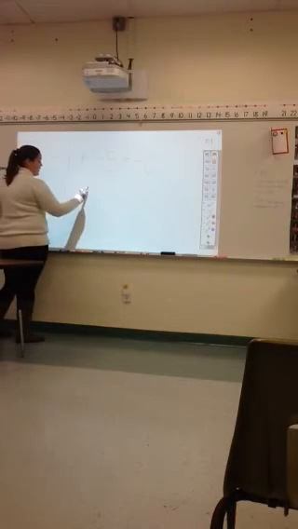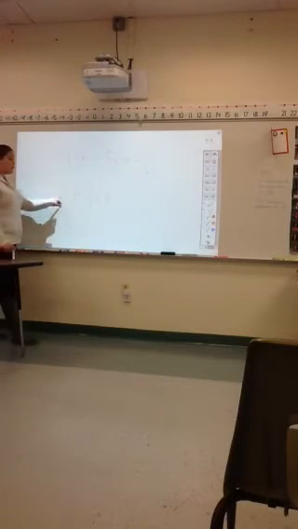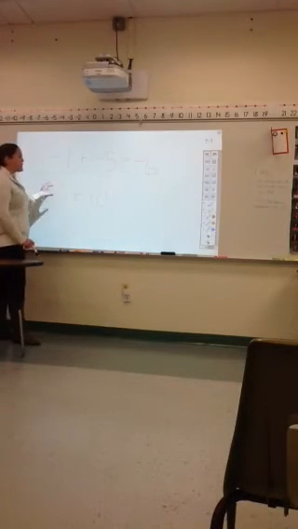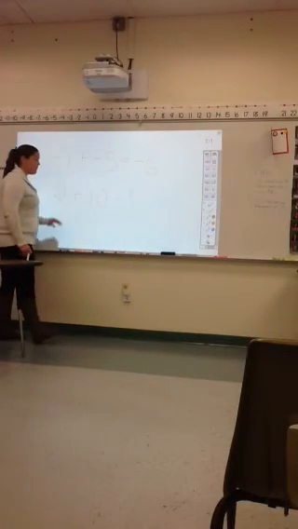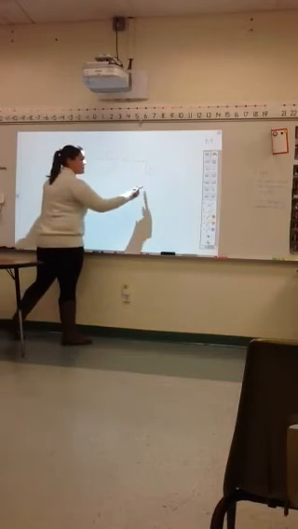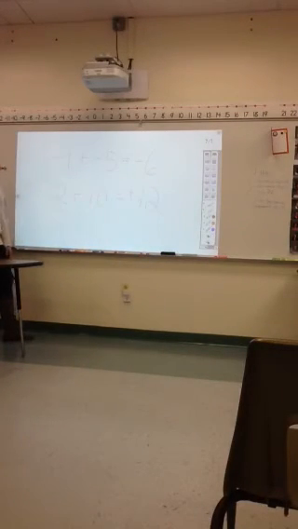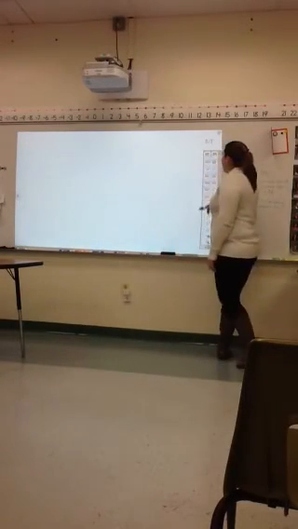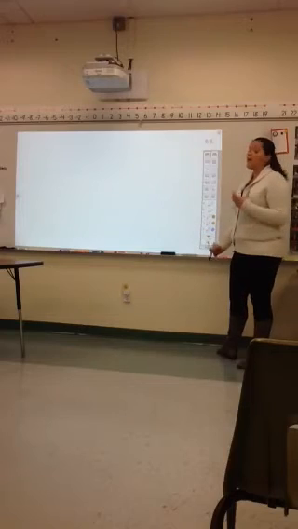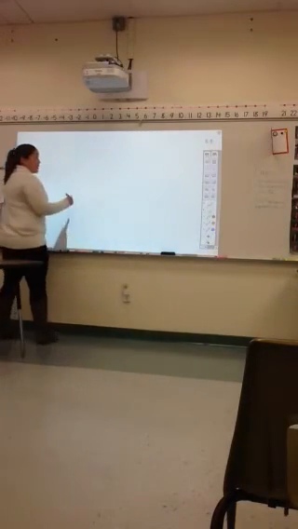Same here with my positive numbers. 2 plus 10. Since both numbers are positive, I know that my answer is going to be positive. 2 plus 10 equals 12. Simple enough, right? It does get a little bit more difficult when I am talking about one positive, one negative number. So in that situation,